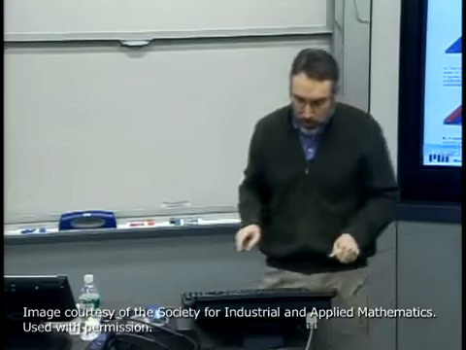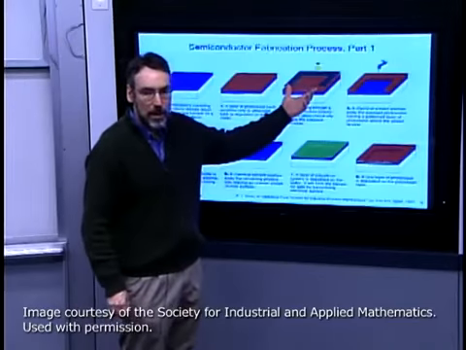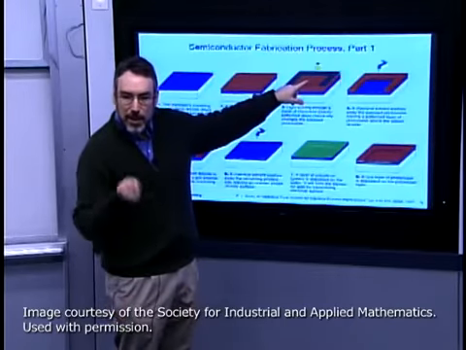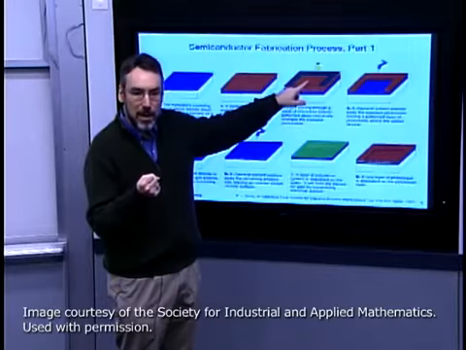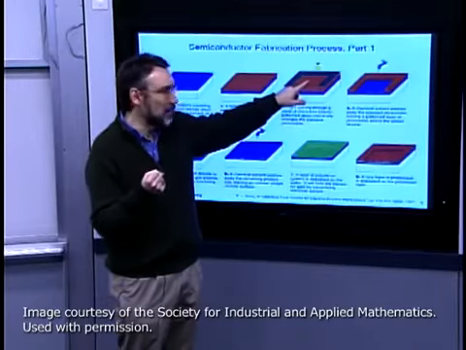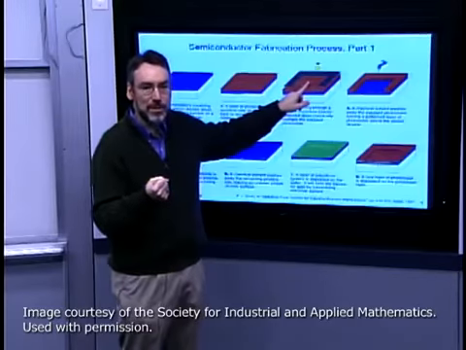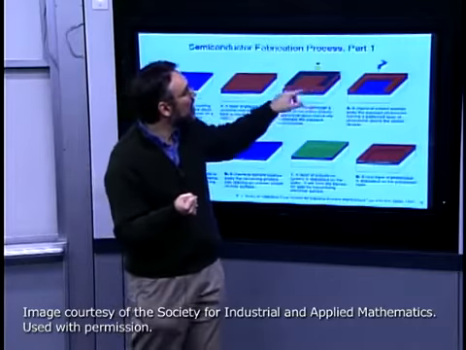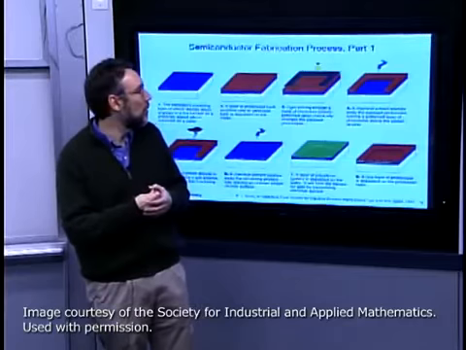There is also, in fact more commonly used, a negative photoresist that actually works in the opposite way, which is anywhere where the light exposes, it actually strengthens the chemical bonding of the photoactive compound in the polymer and makes it more resistant to dissolution in the developer. In which case, I would rinse away everything that did not get exposed and leave the pattern which did get